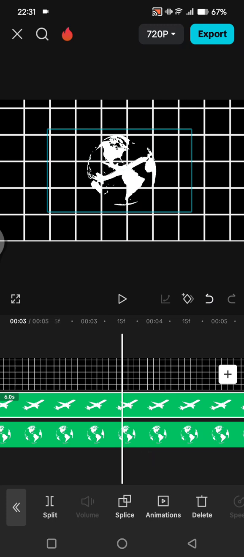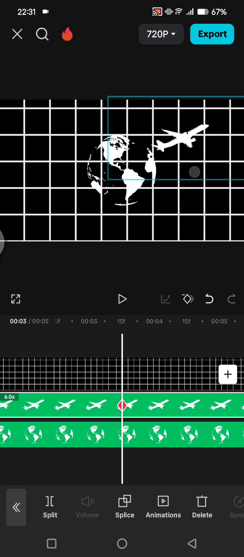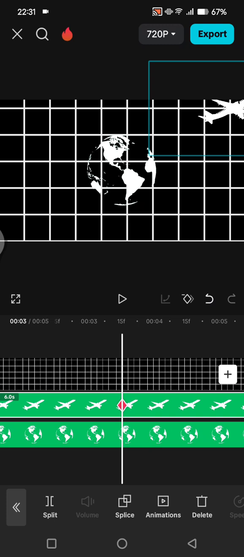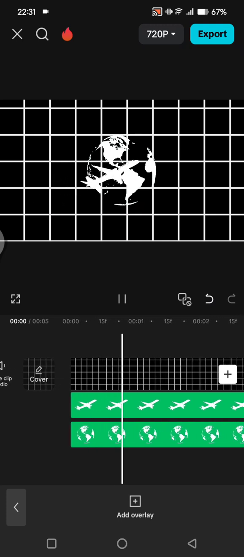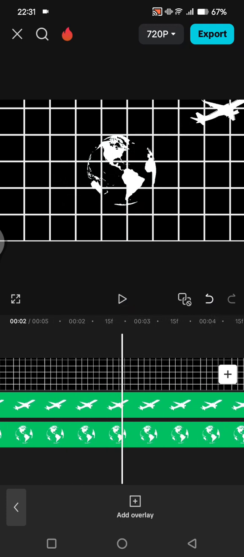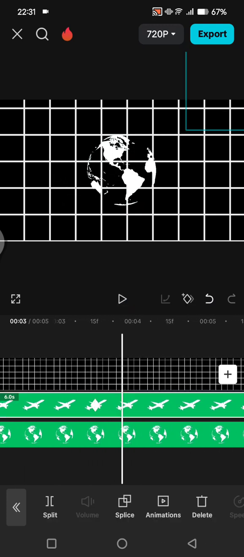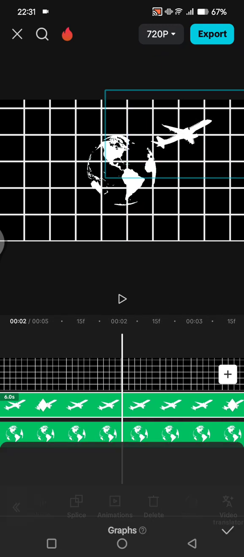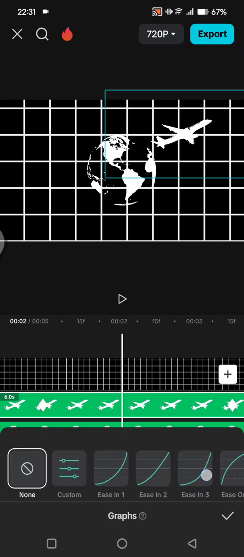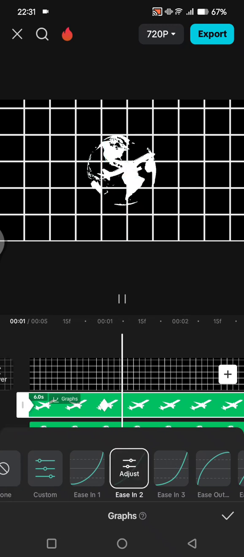Move the airplane again. Now make it bigger. Okay, and this is how it will look like. And if you want to have a smoother animation, you can go in between the keyframes and add the graphs. I'm going to go with ease in,